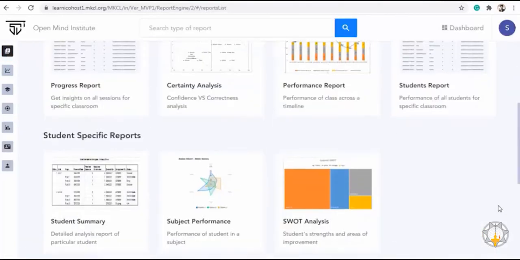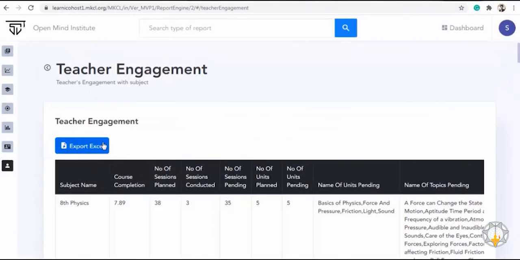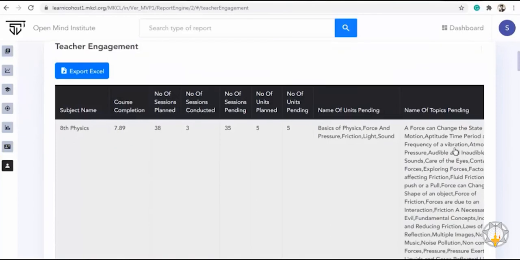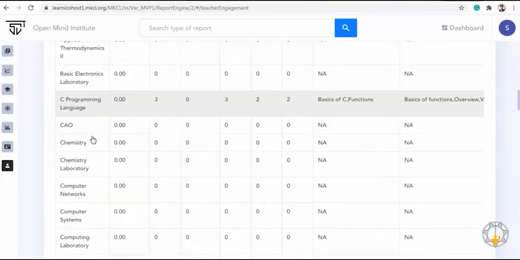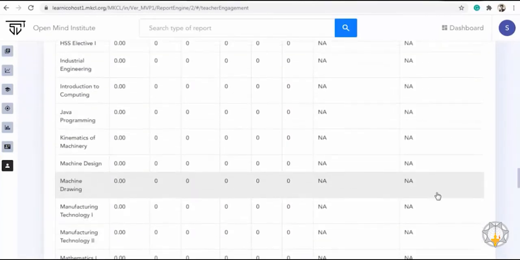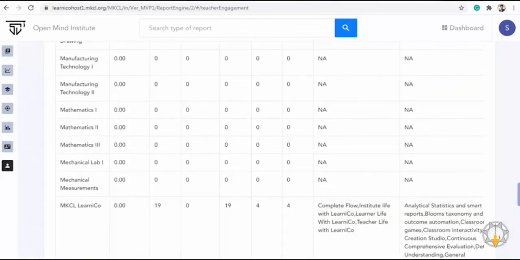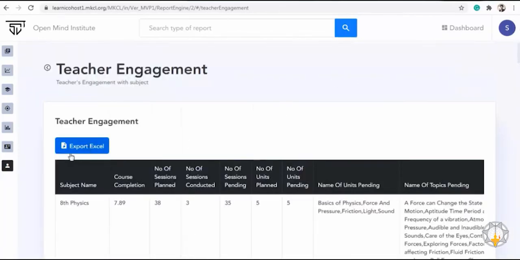Teacher-specific reports. This report gives an overview of the teaching plan's status for all classrooms. As you can see, details are obtained under these headings. You can download these reports in the form of Excel sheets by clicking on Export Excel.